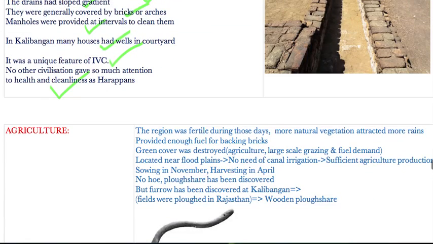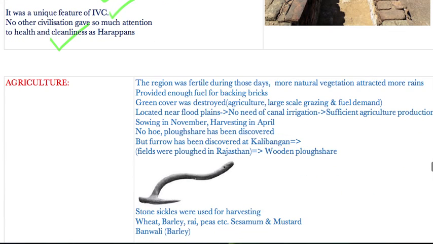So the very first feature is agriculture. The region was fertile during those days. More natural vegetation attracted more rain and provided enough. Why more rains? Because of natural vegetation. There was forest at that time, so that attracted rains. So the forest also provided enough fuel for baking of bricks. Then the green cover was destroyed due to some activities. What were those? Because of agriculture,